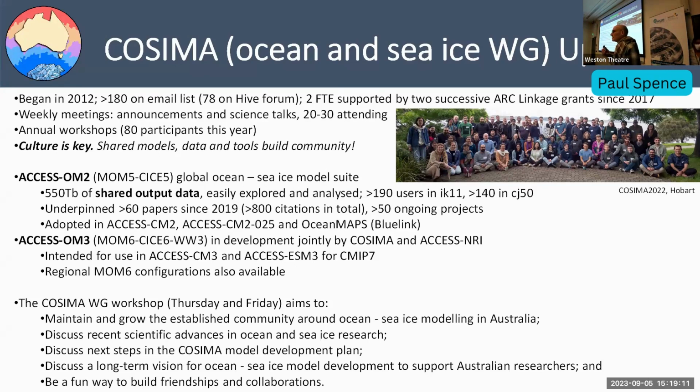COSIMA didn't happen overnight. Going back, for me, like 14 years ago, we had a really small group, just a few of us meeting every week, and it snowballed, keyword, into more than 60 people showing up for weekly meetings. And so for me, the NRI is all about growing the other working groups. And I think a good strategy is to copy others' ideas and make them your own. Two things about COSIMA that really worked for me, I think, are we make it really easy for ECRs to do science, really lower the bar of entry, and we importantly give them platforms to feed back their efforts for a lasting legacy.